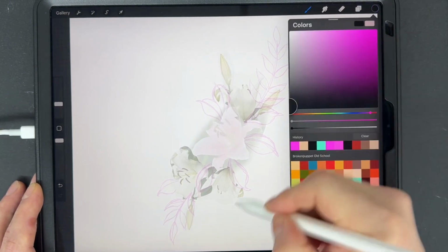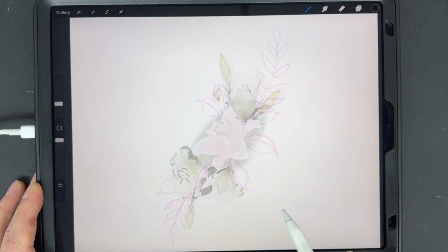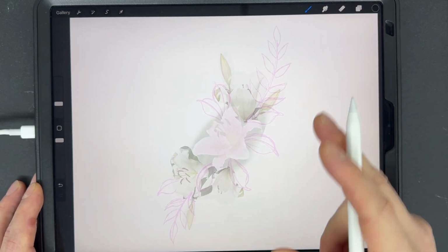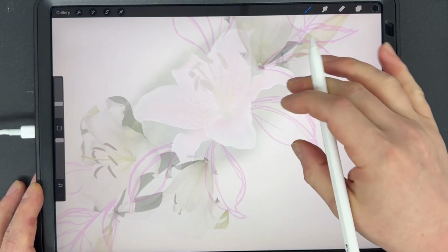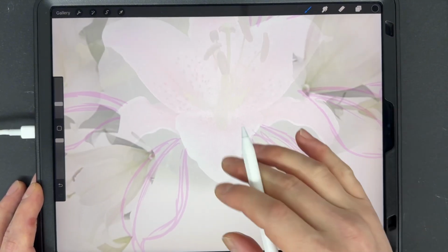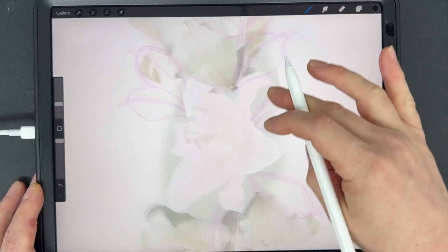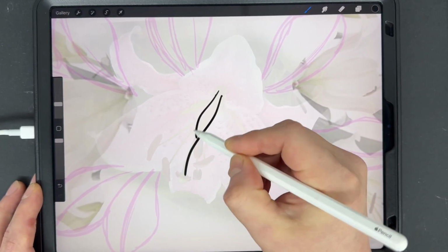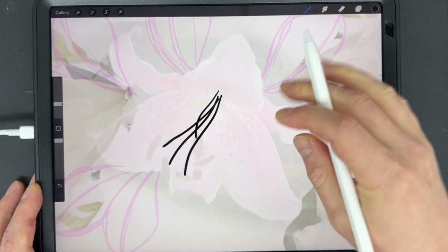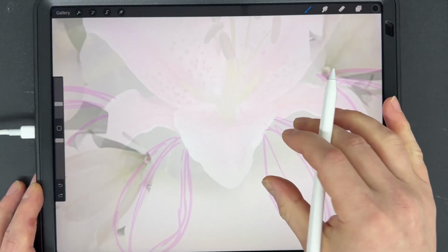Go to our new layer, get our blacks up. I'm already on the technical pen here. And so now we're just going to kind of start tracing, right? But we're going to make decisions as we trace on how much detail to keep in these, because there's no way I'm doing the water droplets and that kind of stuff, and I probably won't have these little tendrils be as organic, right? We're probably going to go a little bit more